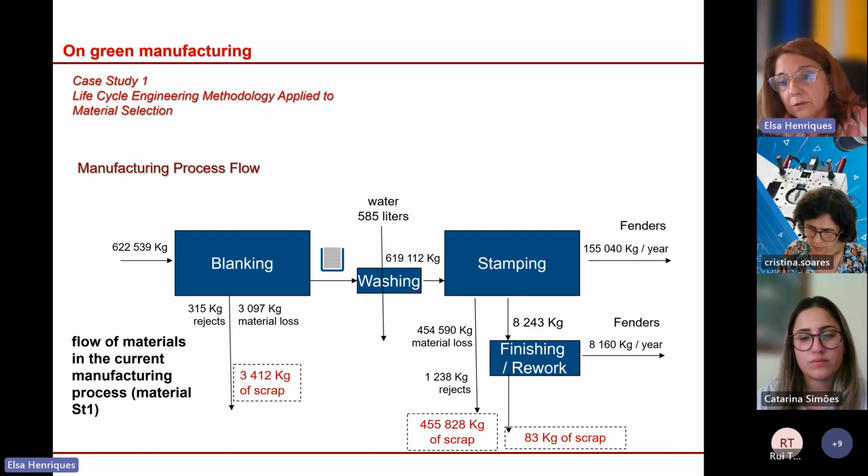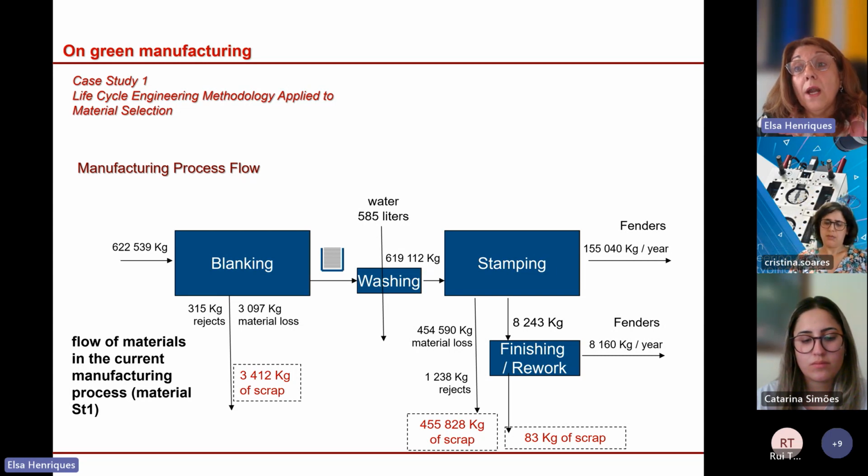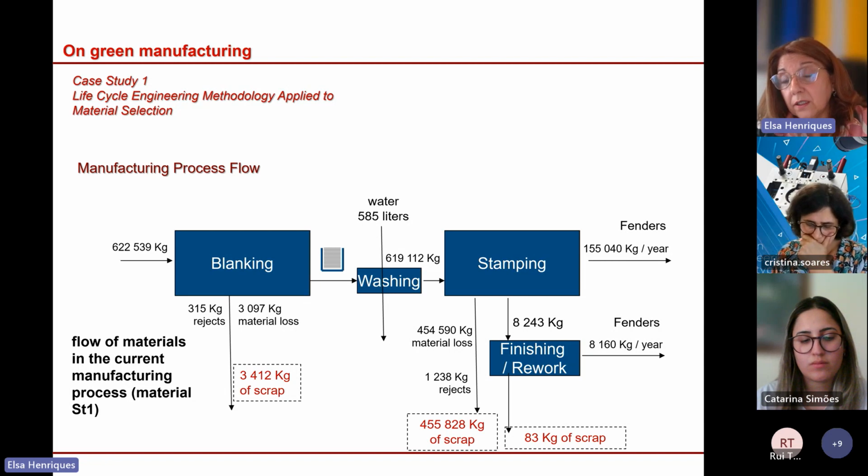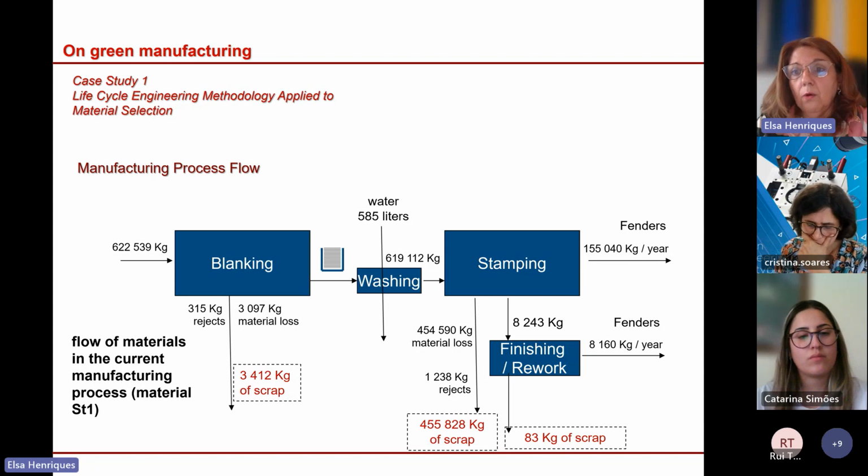Okay, and those are real numbers that we collected in the factory. So the input of coil is around 600,000 kilos per year. Okay, and the output in terms of fenders is 100,000 fenders, right fender and left fender,